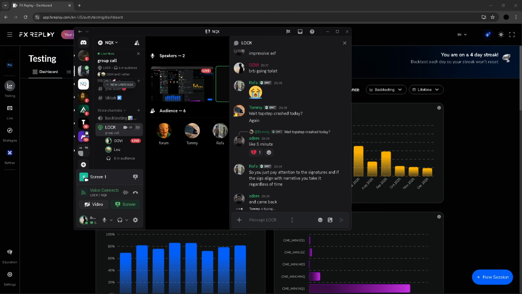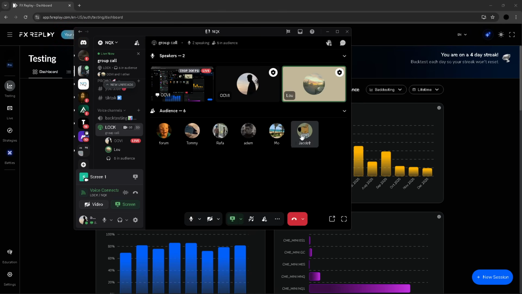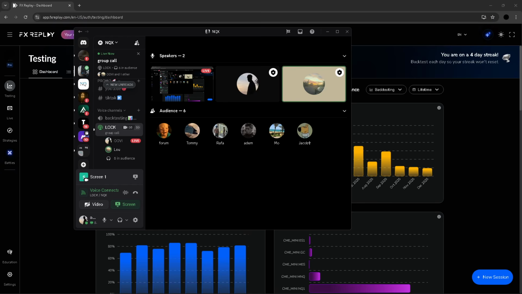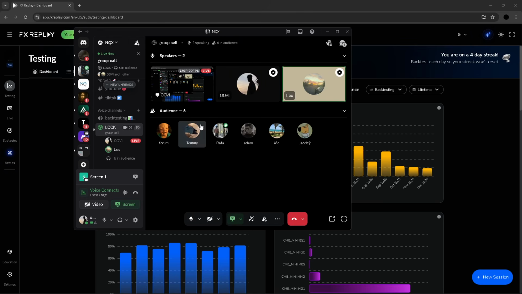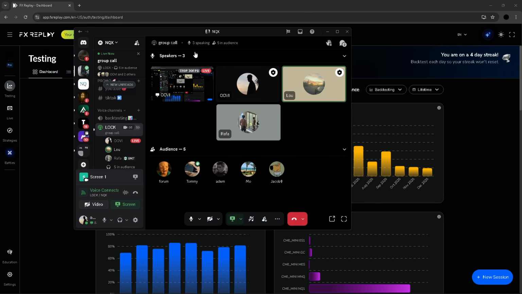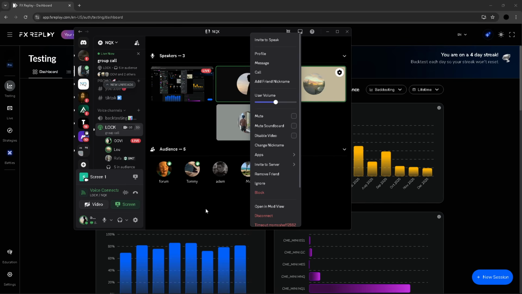Pay attention to signatures and the signs that give you a narrative, and take it regardless of the time. If you can see the manipulation at 9:30 in your direction bias, then go for it, if you know what you're doing. But I'd wait for macro if I was you, from 9:38 at the earliest, and take your trade then. There's always going to be something in macro. If you don't get something at 9:30, macro is always going to present. Don't get FOMO over seeing our 9:30 trades today and do it tomorrow. Just trade normally. All I'm saying is look out for the 9:30 manipulation.